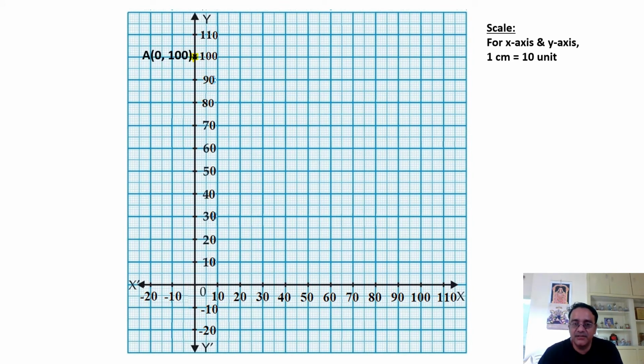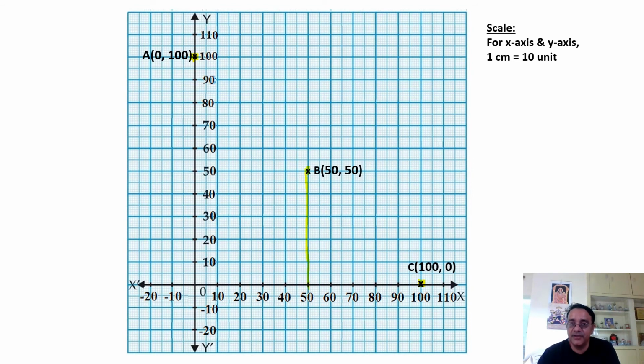Now the next point was 50 50. Okay, so we'll start from 50 towards up, positive value up to 50. So यहाँ पर आके मैं रुक गया, I stopped here. So this is 50 50. The last third coordinate is 100 0. Y coordinate is 0, that means it belongs to x axis. So x axis पे कहाँ होगा, 100 पे होगा, जहाँ पे मैं अभी हाईलाइट कर रहा हूँ येलो कलर से, right. So this is point 100 0.